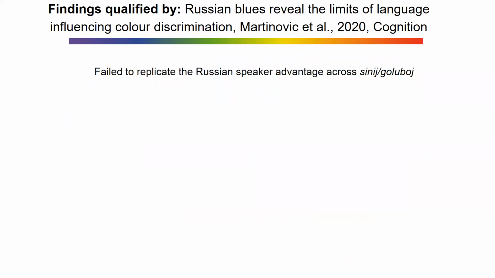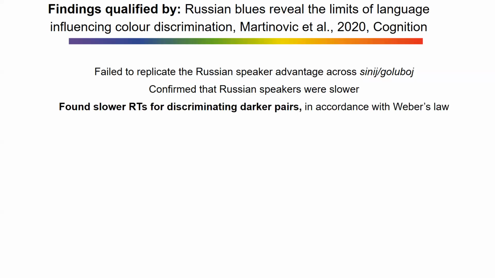So things we observed. We again observed that the Russian speakers are much slower. You saw on the previous graph, they were much slower. And because we had many more trials for each individual color, we also found robustly slower reaction times when discriminating darker shades. And when you think about this, this makes sense. This is in accordance with Weber's law, because you are meant to make a discrimination on a much higher pedestal. So because they are both much darker than the background, their difference is smaller than for colors closer.